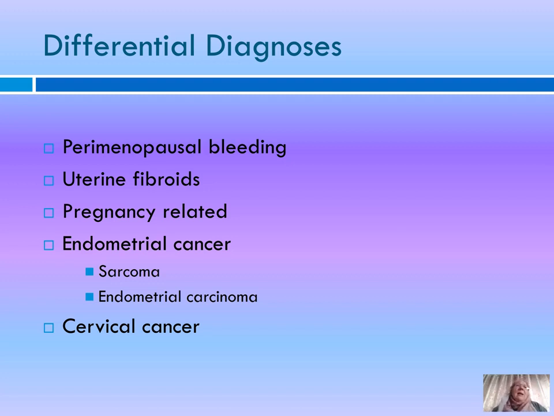Very important. It could be an endometrial cancer, or it could be a sarcoma, because in this age group, older women, sarcomas are rare, but when they occur, this is more commonly in the older women, so this is a possibility. Or it could be cervical cancer, but the normal smears and the normal outlook of the cervix are probably making this a very unlikely possibility.